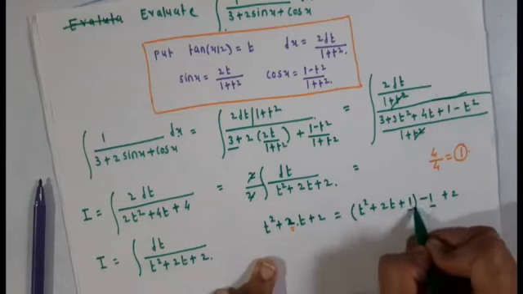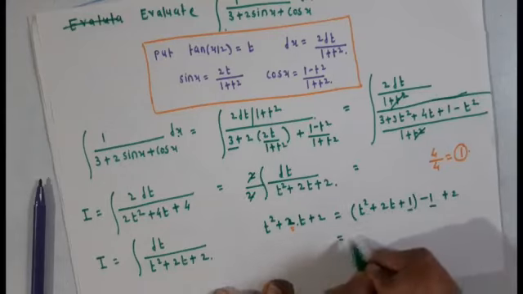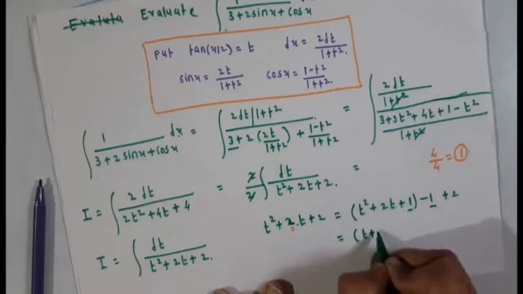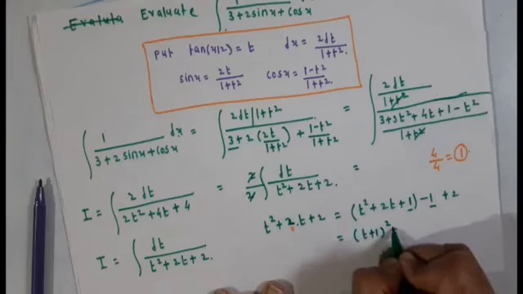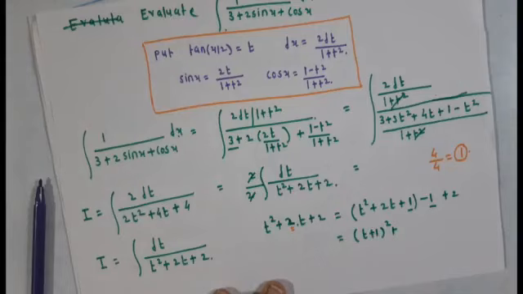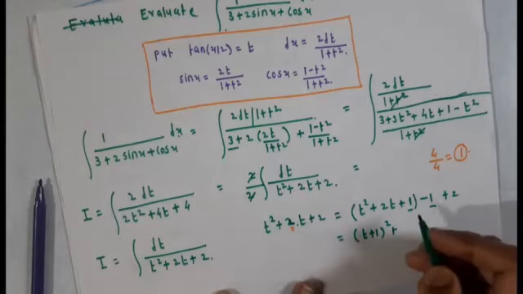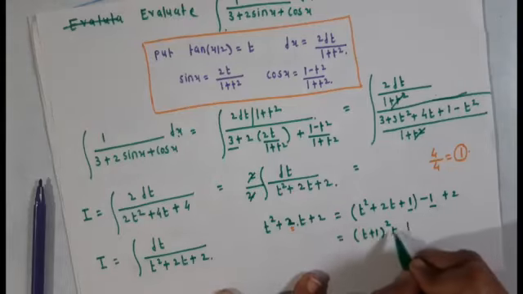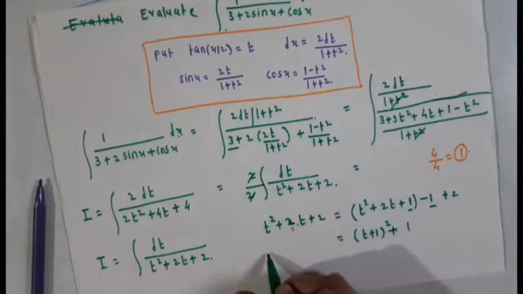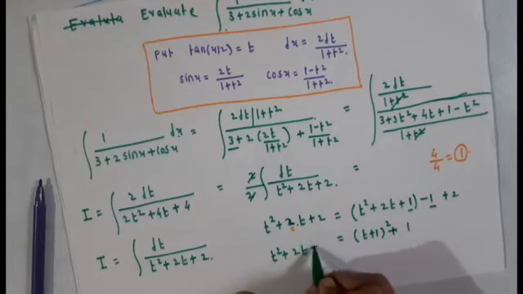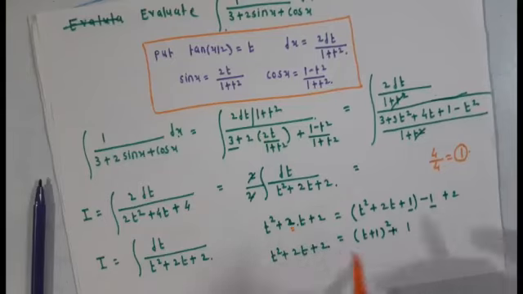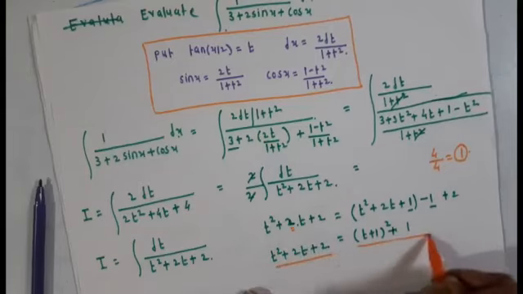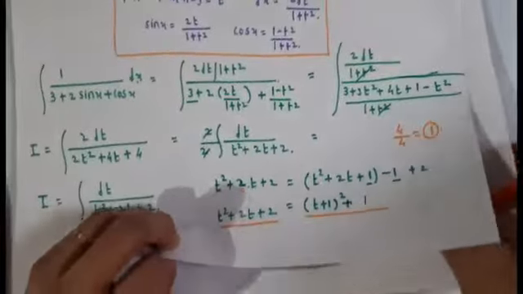Now in one bracket and in another bracket, this is t plus 1 whole square, and plus 1. Okay, and this is plus 1. This is the expression for t square plus 2t plus 2. Okay, we have adjusted like this. And now the integration is that